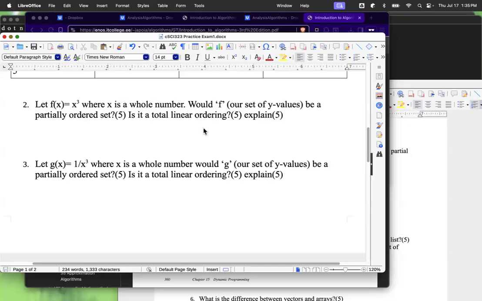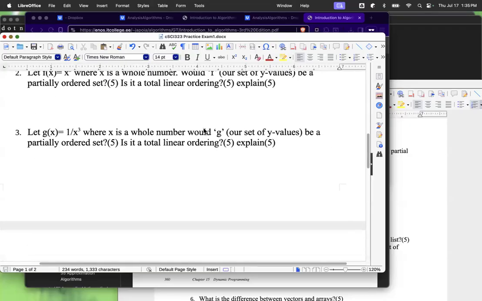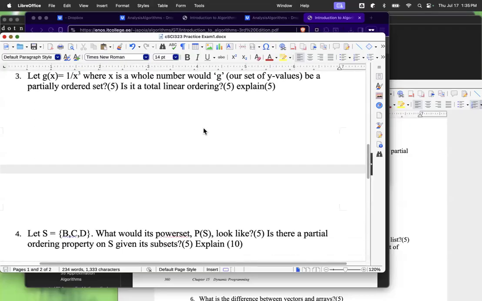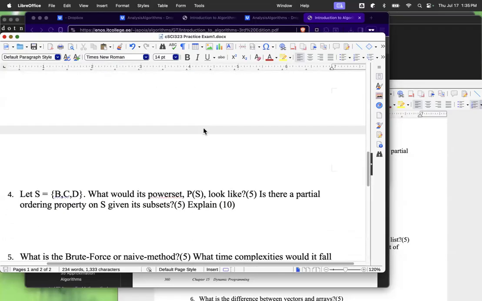All right. That's how that works. So I'm asking you about partial orderings and total linear orderings, how to know what's what, and can you explain when to expect the total linear ordering and when not to? So now,